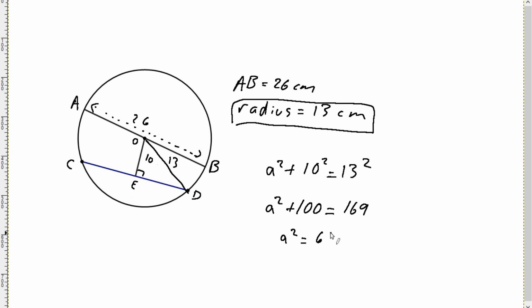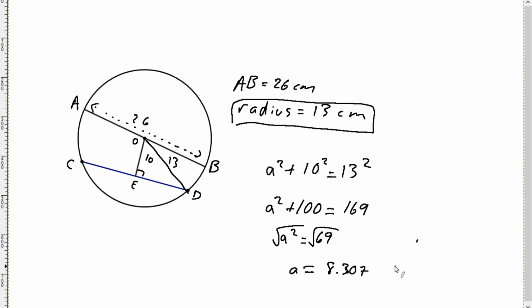A squared, 69. You square root both of those, no problem. And you end up getting A equaling 8.307. But the answer says to the nearest tenth, so we say,